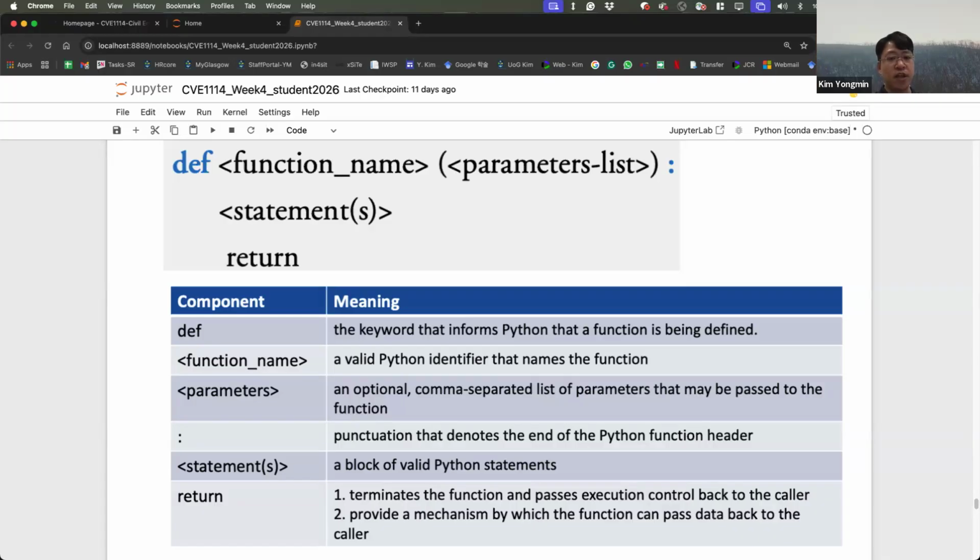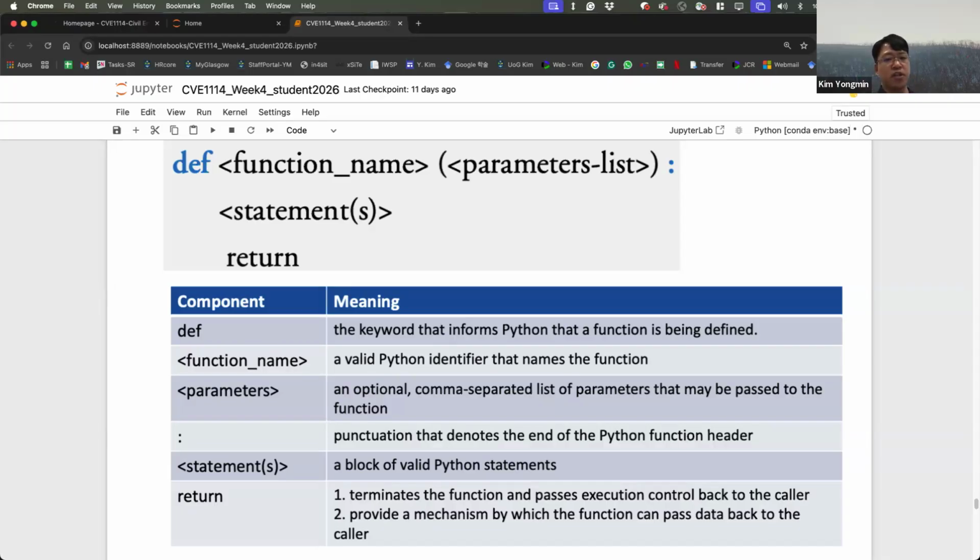Next is the function name. These are just syntax notations. The name of the function should describe what it is supposed to do, so that someone using your function knows what to expect when they use it. This is totally user-defined. Any name you can define as a function name.